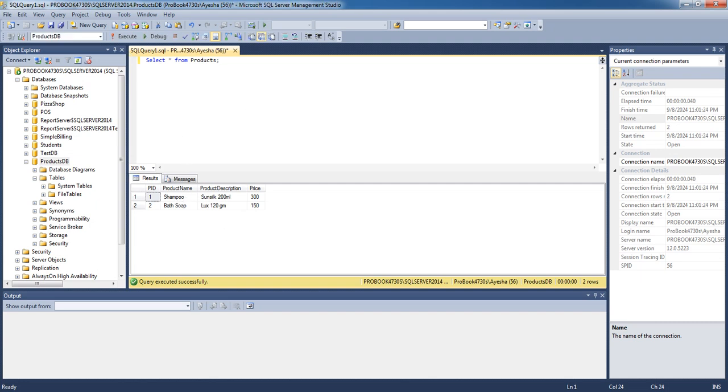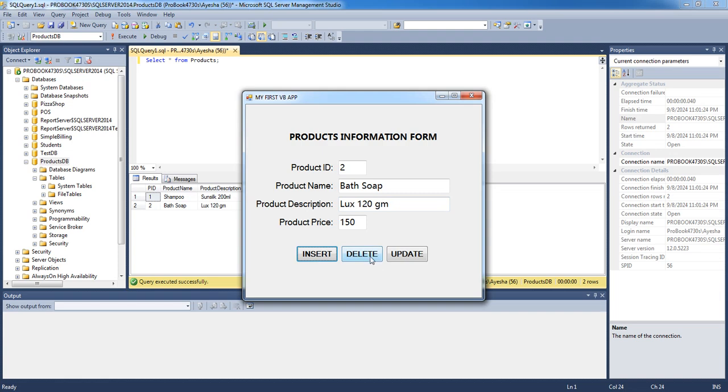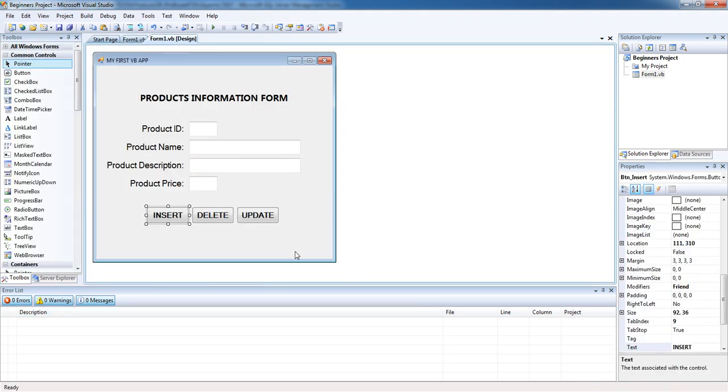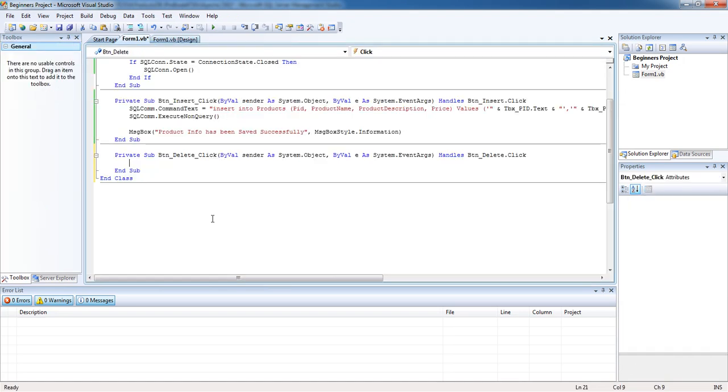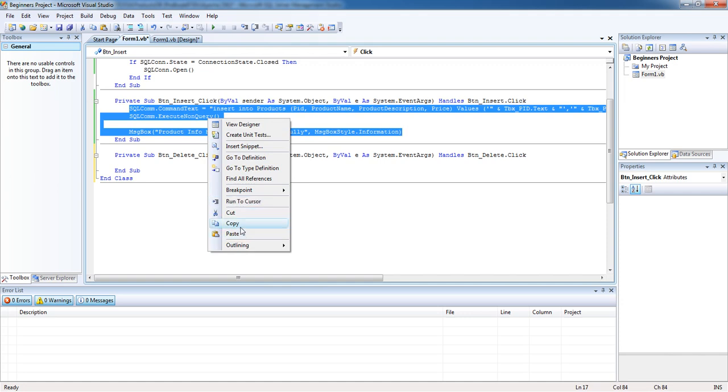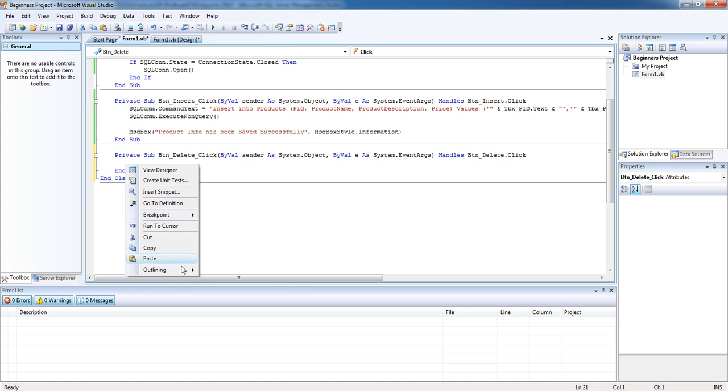Okay, now we will write our delete command, because today's video topic is how to insert, delete and update our data. Now we can make this delete button. How to write its command? First of all we can just double click here so that we can get its code window like this, and you can just copy. So instead of writing too many things, you can just copy and paste here so that we can easily